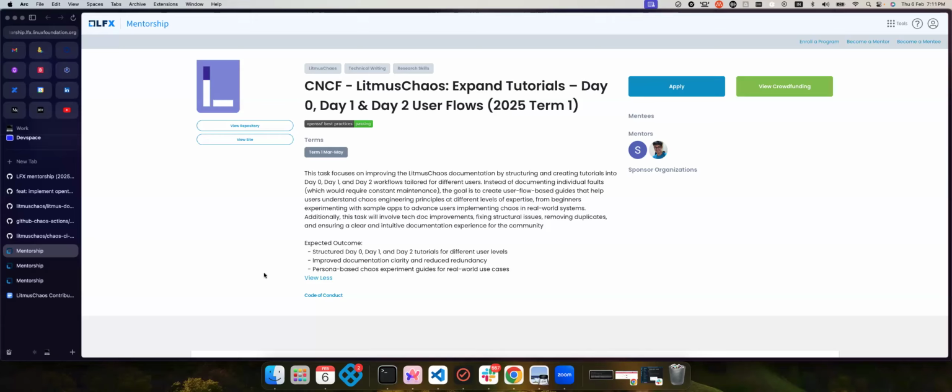So we would not typically create documentation or tutorials for a single experiment flow because that is bound to change and it's very difficult to maintain that way. We'd rather have a day zero flow, a day one, and a day two flow, where for a day zero user, you might have very basic execution. For day one, you would probably have a little bit higher modification or a custom chaos. And for day two, you might have everything else plus the observability and monitoring and integration of other APM tools